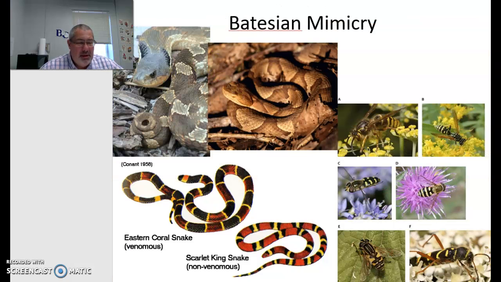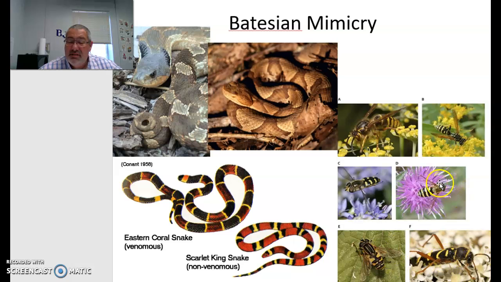And lastly, mimicry. One organism that is harmless, the king snake or the hognose snake, mimics a predator that is harmful. The copperhead, which is a poisonous snake or venomous, and the coral snake that is also venomous. So that is one form of Batesian mimicry. A harmless snake mimics one that is venomous, and in the example to the right,